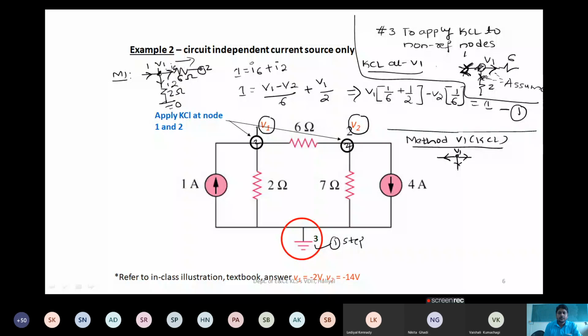Here we already have a 6 ohm resistor, here a 2 ohm resistor, and here a current coming in, 1 amp. For a while I will take them as I1, I2 and I3. Then if you apply KCL here and write all as outgoing,